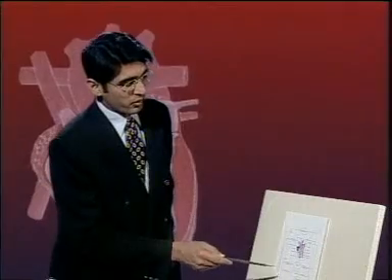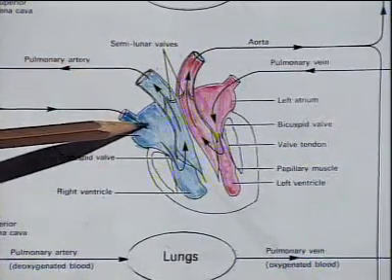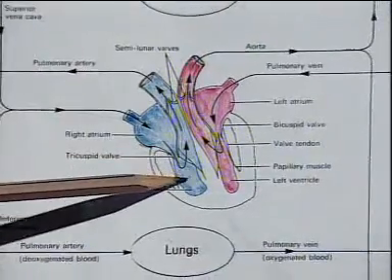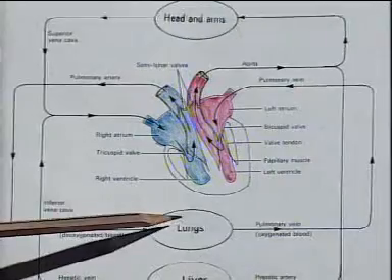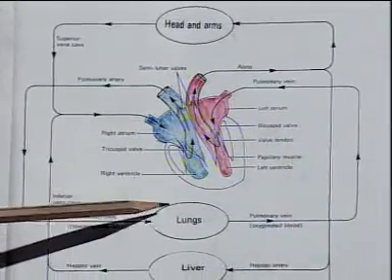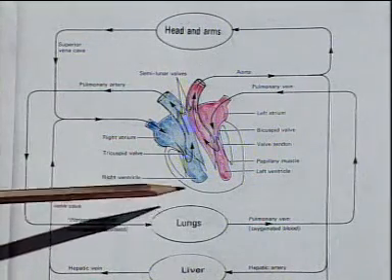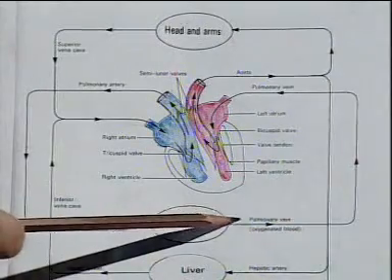From whole of the body, the deoxygenated blood comes into the right atrium. Through the right atrium, it goes to the right ventricle. And from the right ventricle, it goes to the lungs. In the lungs, as I mentioned before, the carbon dioxide is washed out and oxygen enters into the bloodstream, so the blood becomes oxygenated. And this oxygenated blood passes